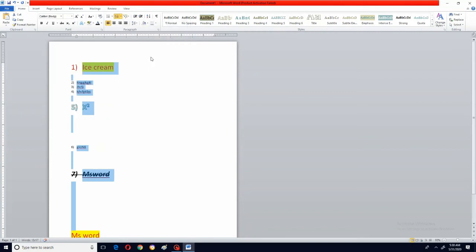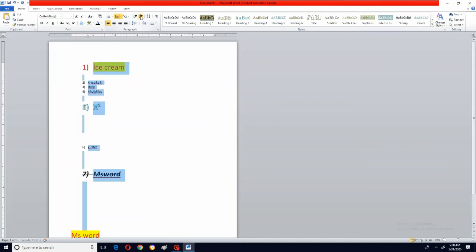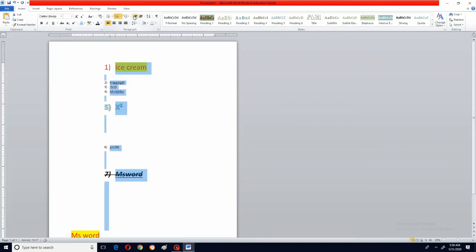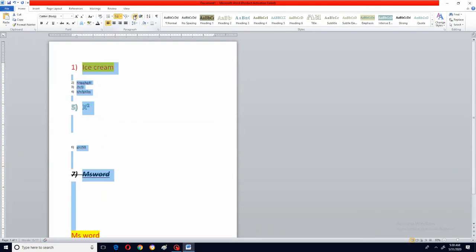Okay, and what is this? Decreasing indent, increasing indent. The total thing will come out, the whole text from 1 to MS Word, everything will be changed. See, the total will be moved to a different place. See, changing now, and this one going back, right?